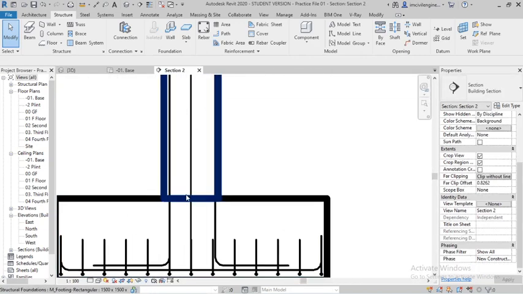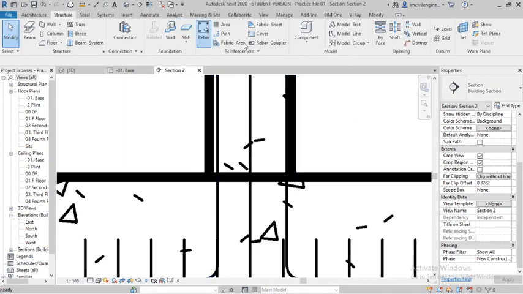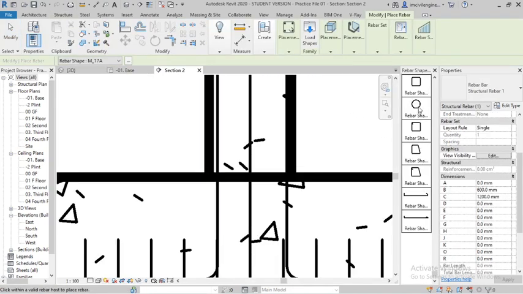Again, go to section. You can draw one more here. So go to rebar and parallel, or go to perpendicular. You can select it here.